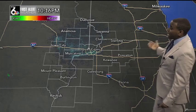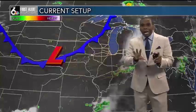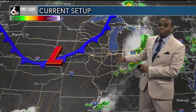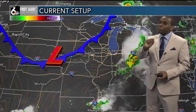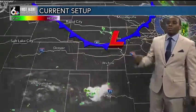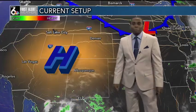Here's a look at the radar picture now. You can see quiet skies as we scan around the area there. A brief isolated shower or storm cannot be ruled out as we have a cold front making its way in from the west and a weak upper level disturbance with it. Again, radar is quiet now, but I won't rule out an isolated shower or storm or two over the next hour or two. But most of us are going to be focusing on this heat dome that's building towards the